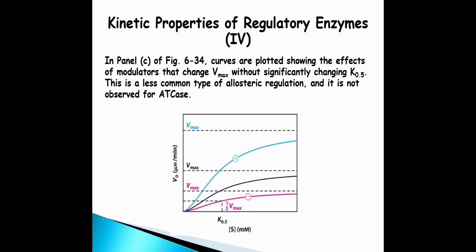Kinetic properties of regulatory enzymes 4. In panel C of the figure 6.34, curves are plotted showing the effects of modulators that change Vmax without significantly changing K0.5. This is a less common type of allosteric regulation and it is not observed for